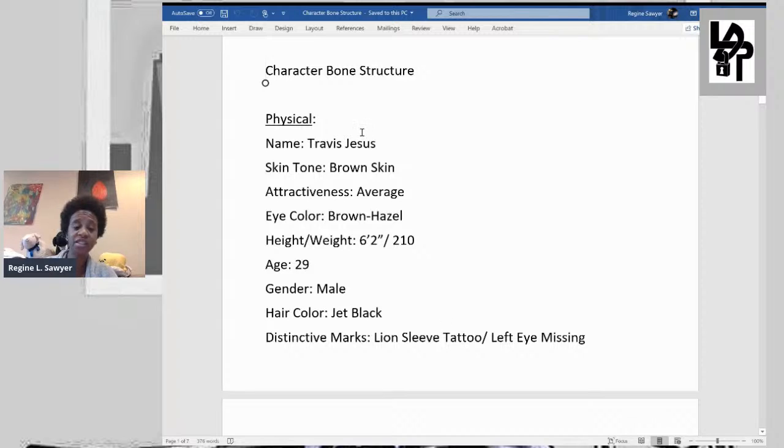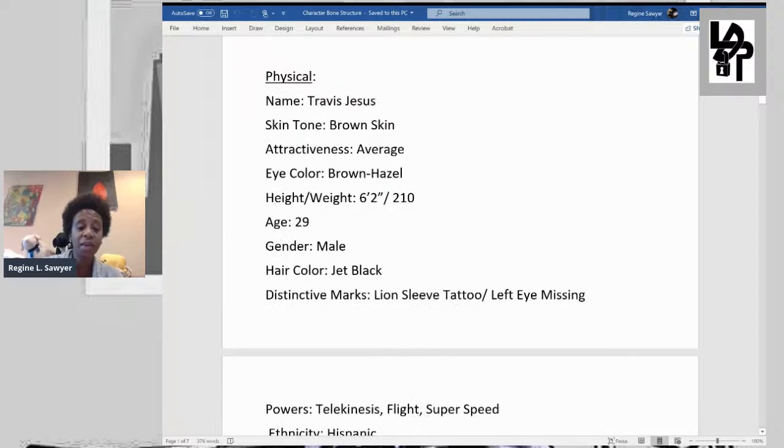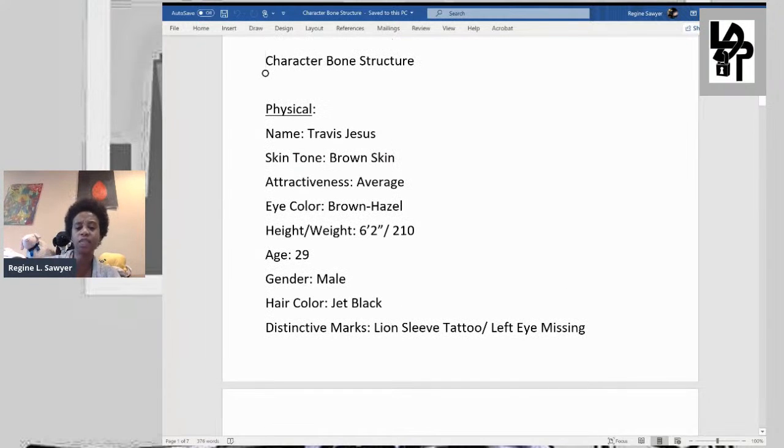Here, Travis's left eye is missing. So we basically have some really quick physical aspects of this person. Now you can add other things to it. You can add other things to this. Like I would also sometimes add